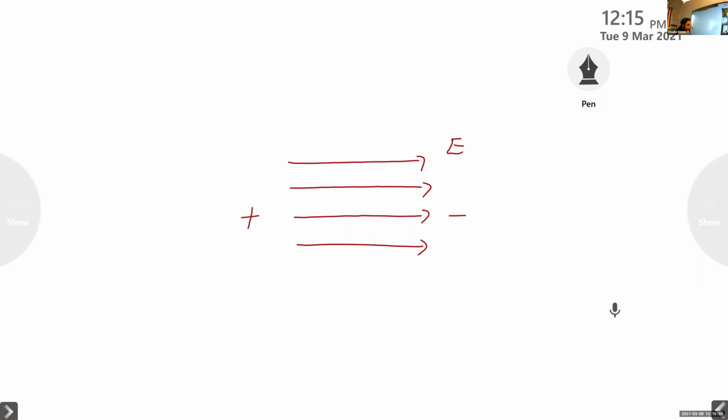Yes, Achut. Ma'am, uniform I understood, I did not understand non-uniform. Non-uniform, all right. So in the case of a uniform electric field, if the dipole is present here, it is attracted by the force due to this plus charge and minus charge. First of all, we discuss the case of uniform. So here plus Q, this is minus Q.